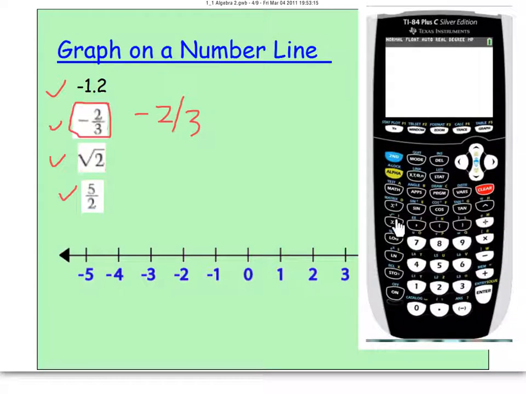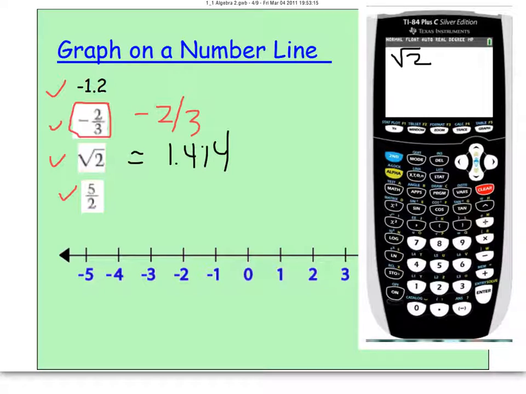So for the square root of 2 here, we're going to type in on the calculator the square root of 2. The square root button is right there, it's a little blue guy. Notice on the calculator the second button is blue, so to get to the second level you hit second, and then this button here, and it will pop up on the screen. You'll see a square root, and you're going to type in just the number 2. So go back here and hit 2, and it'll put a 2 in there. And then to wrap it up, hit enter. Once you hit enter, it'll kick back. You're going to get approximately